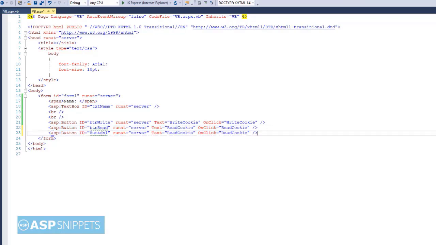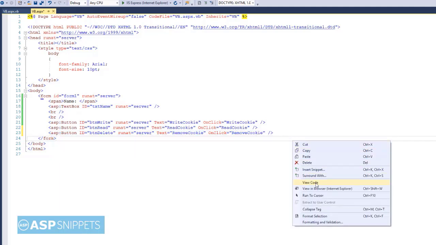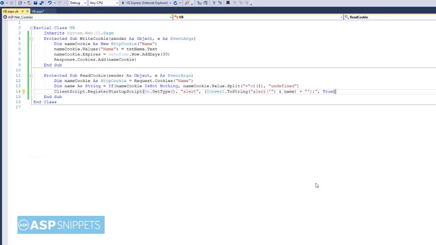So I am creating another button, btn delete, for deleting the cookie, and I am creating an event handler for it as remove cookie. So let's move to the code behind, where we'll define the event handler.